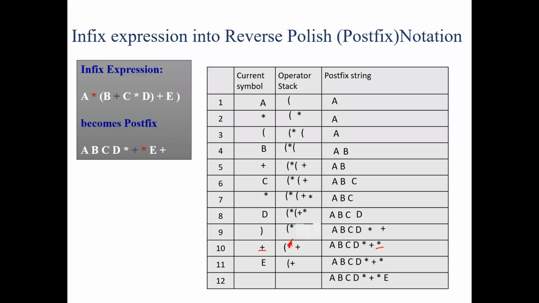So pop out the operator whenever the incoming operator has lower precedence than the operator on top of the stack. Here addition has lower precedence than multiplication. So what do we have to do? We have to pop the topmost operator, pop it and print. So here comes the multiplication operator after addition. Then what do we have to do? We have to check the top of the stack.